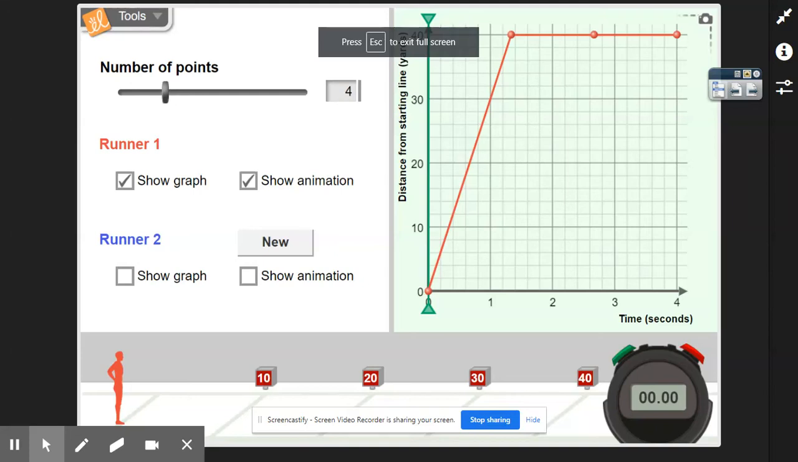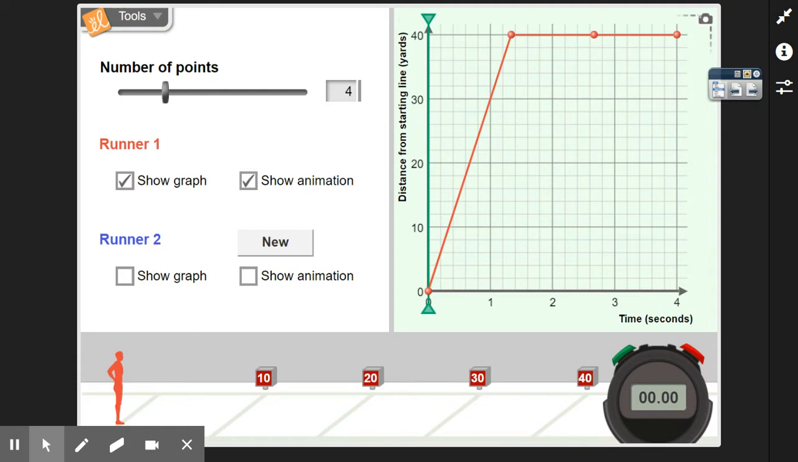Hey guys, so we're going to be looking at a distance time graph, and we're going to be looking at this runner down here, this little red person on the bottom of the screen. We're going to add another runner to it. But we can see, so at this little green arrow,